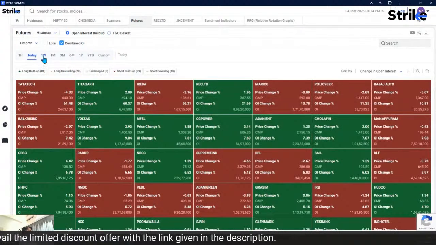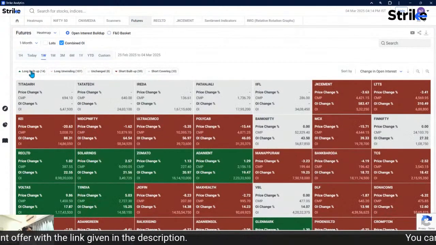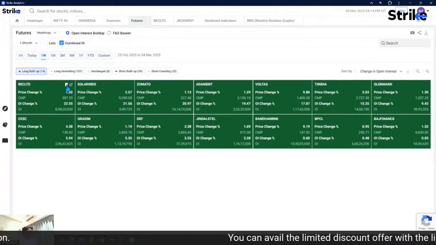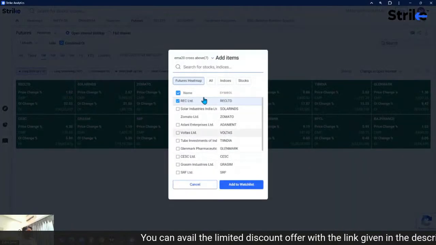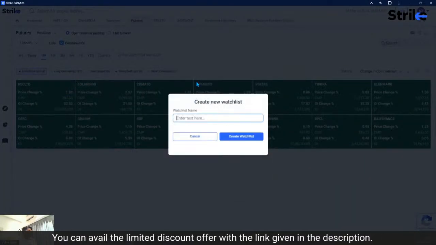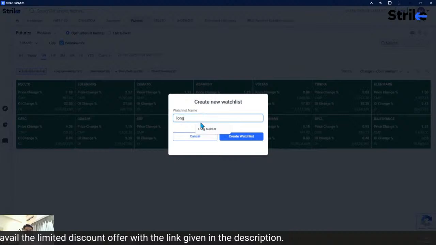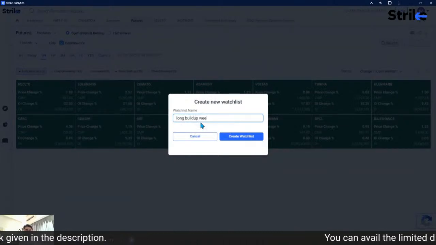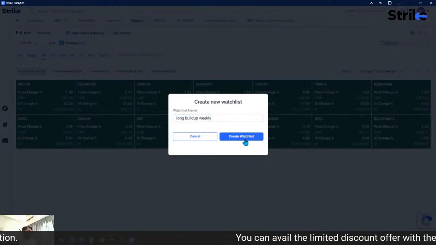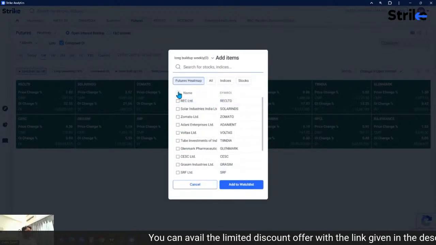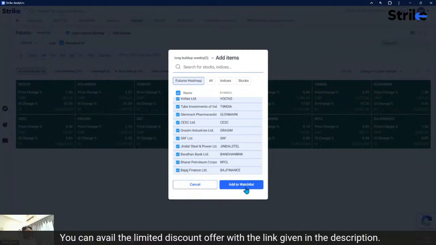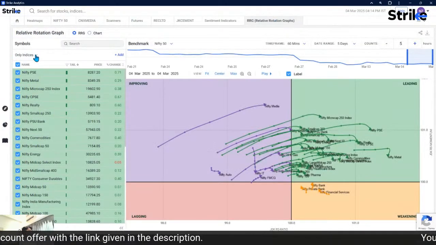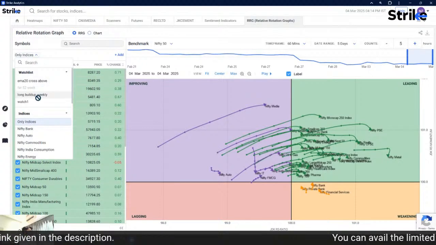We will say okay, on the weekly time frame, I want something where there is long build up. So there are 14 stocks. Let me create a watch list of this. Create a watch list, Long build up weekly. Okay, so create, add all the 14 stocks ticked, add to watch list. So it's done. Come back to RRG over here,